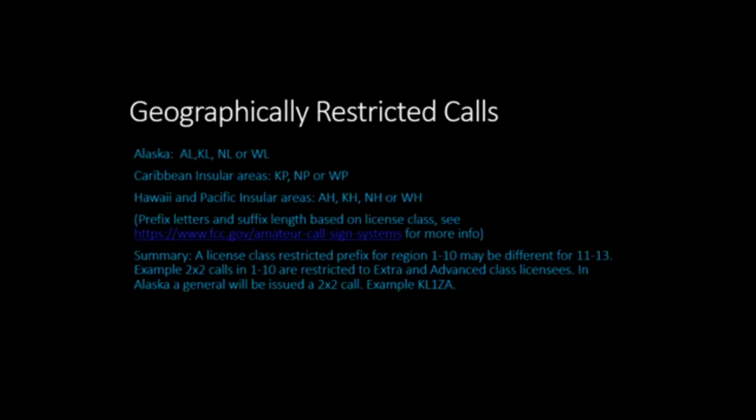Here's the kicker. Let's say I go and get my license in Hawaii and I'm a resident of Hawaii. I go there for whatever reason, I get rich and win the lottery and I finally move to Hawaii and I just stay for a while. Well, then I get homesick and decide I want to come back to Bristol. If I got my license in Hawaii and I got a KH call, when I move back to Bristol, nothing says I got to change it. If you get on the 6-7 and you think you're going to work Alaska, because we got a guy and he's not there anymore. So